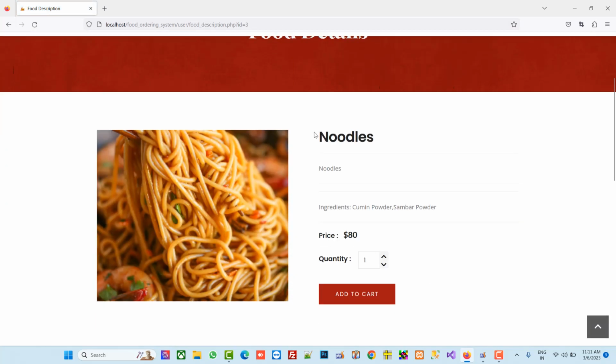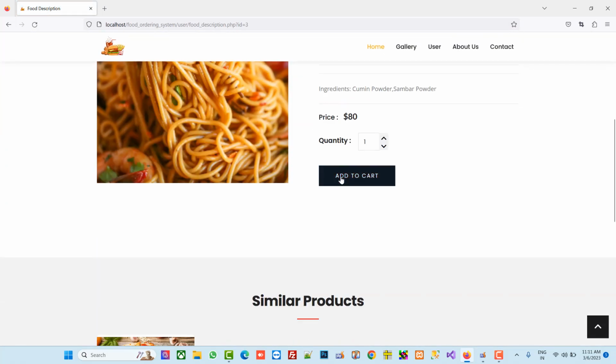Okay, after downloading that file, here in the food description page, we have to perform an operation on this page. When we click on add to cart, we have to save data in session and start our cart. We are going to perform the cart using session. This is the latest one. So for that,